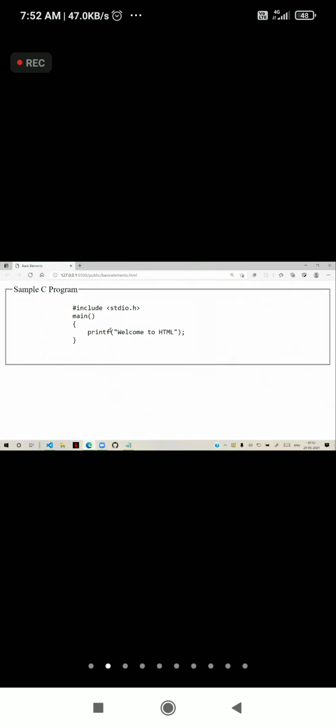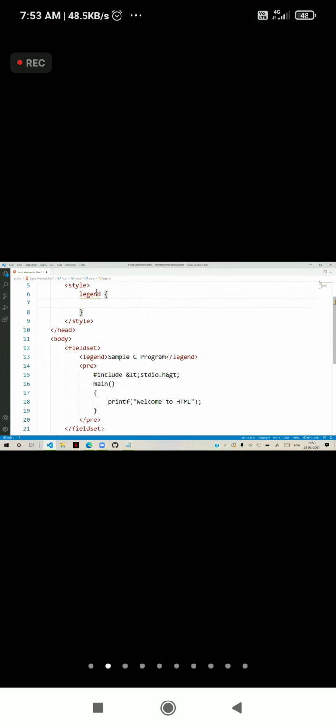Here we define, suppose, text-align center. That means legend text alignment will be center. By default, it is left. You can keep it right. But you cannot keep it bottom, it will be top only. So legends usually are in the top row, left, center or right, you can configure any way.